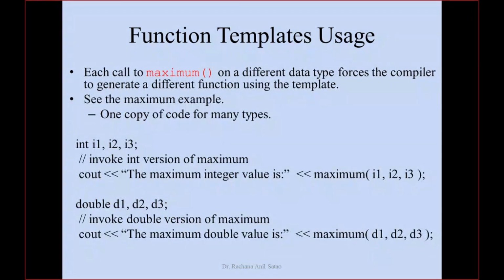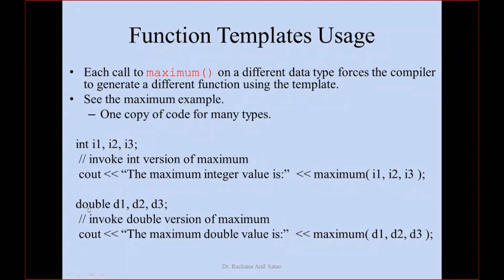Now let us see some lines over here. Each call to the maximum function on a different data type forces the compiler to generate a different function using the template. One copy of the code and many types. So here you can see I'm declaring integer variables i1, i2, i3 and calling maximum with these three.